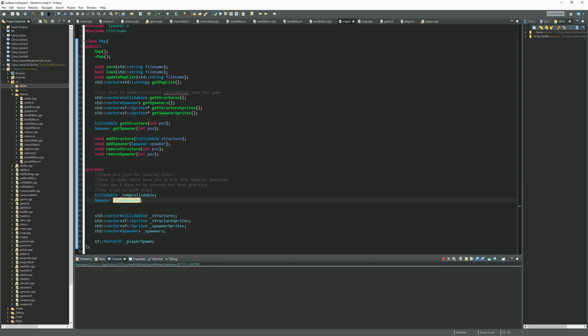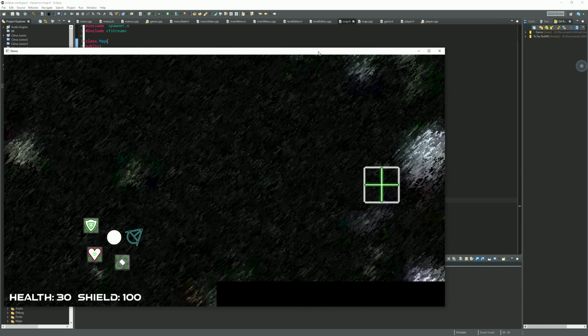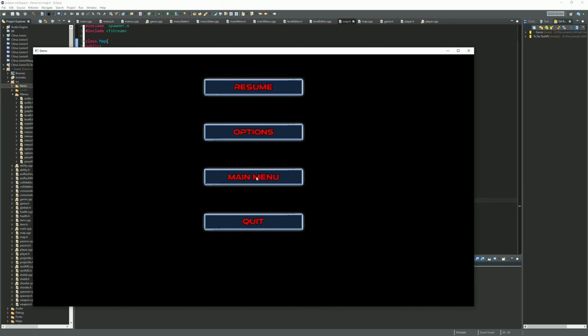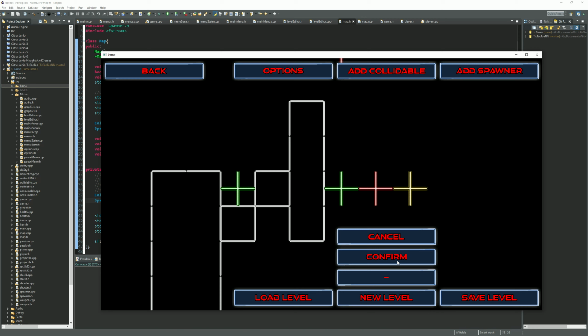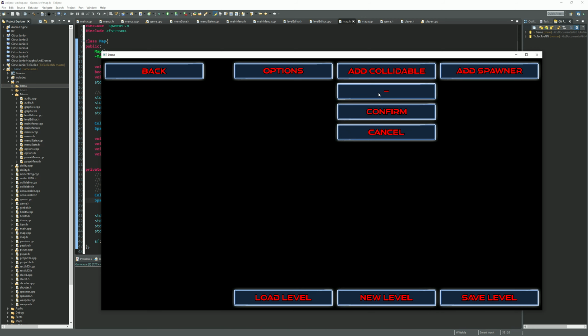The reason I'm mentioning this is because it was a bug I had to handle not only with the maps but with the level editor, and then I think in a couple other places. But essentially,